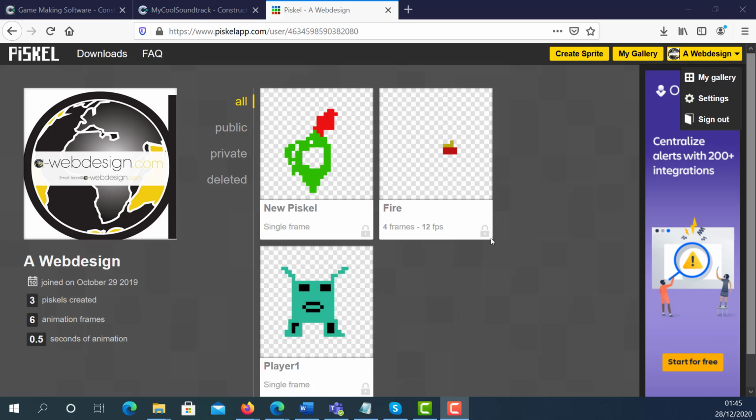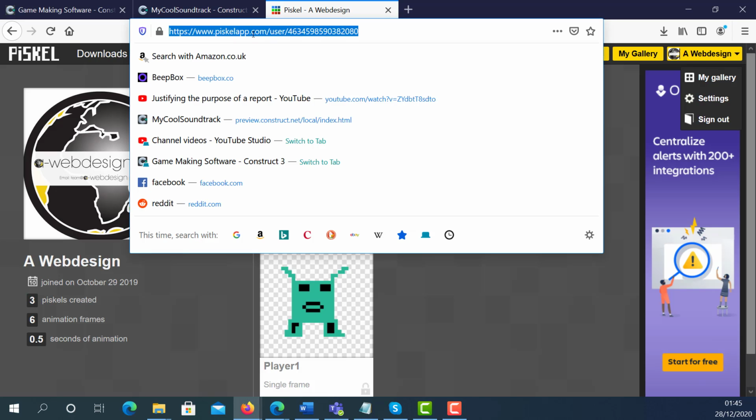In this video tutorial, I'm going to show you how to use Piskelapp. I'm using Piskelapp to create icons as well as animations and characters, non-playable characters, enemies, etc. So by using Piskelapp, you can actually generate your free, basically,